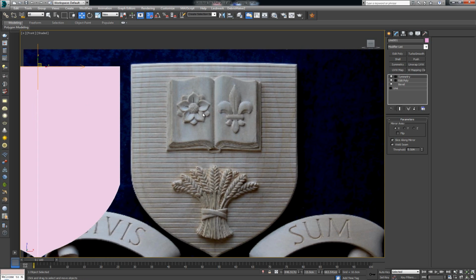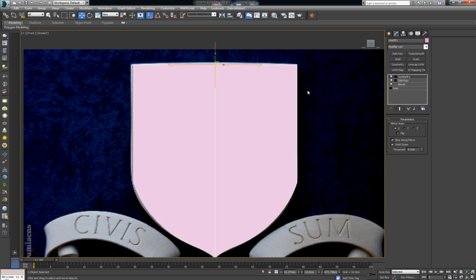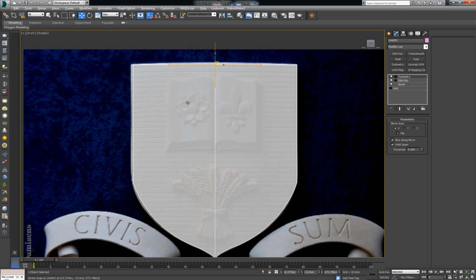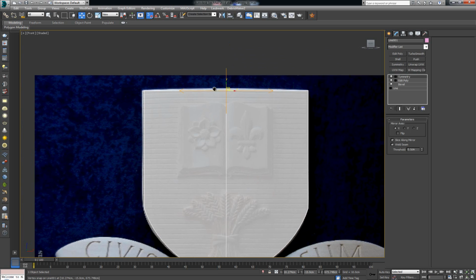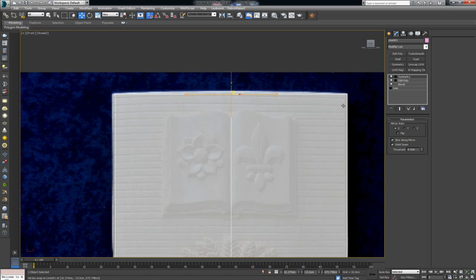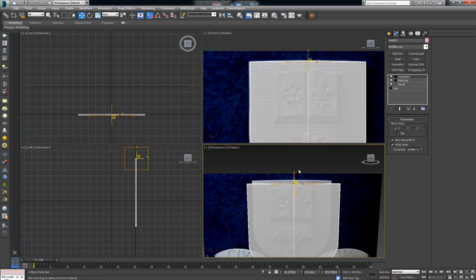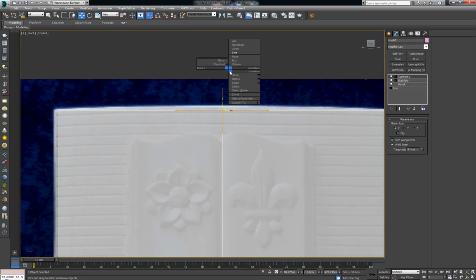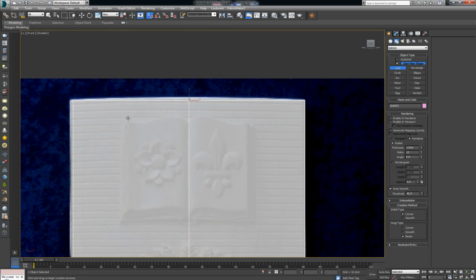Now, in this case, I want to use a different technique. I'm going to use this mesh, or this object, and let me just make it transparent with Alt X. Here, instead of making geometry come away from it, I'm gonna make some helpers, or some lines, that I'm gonna use as geometry to take away from the mesh. So I'm gonna make some indentations. So I'm gonna click here,